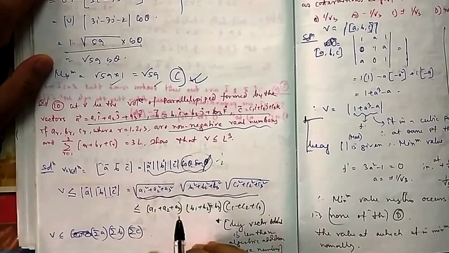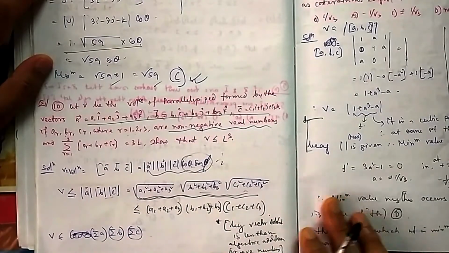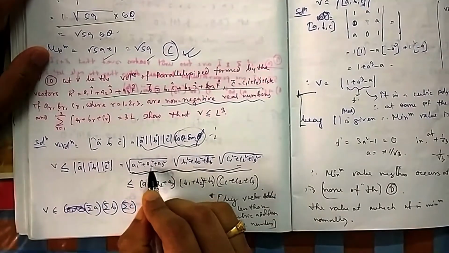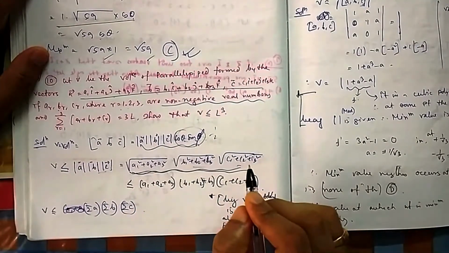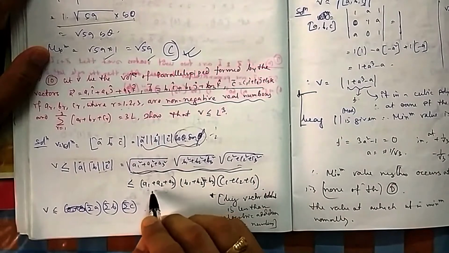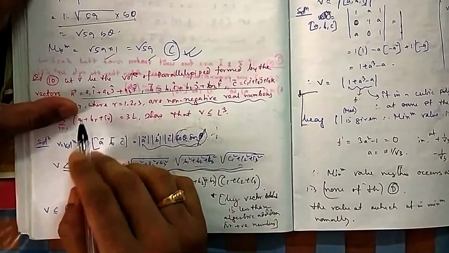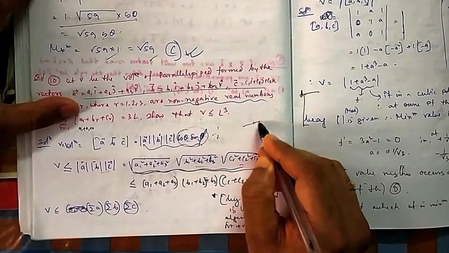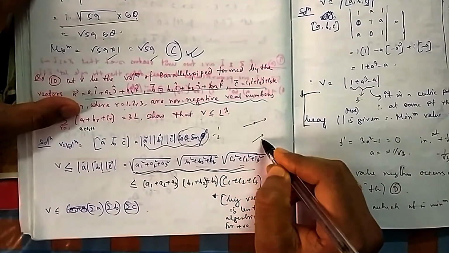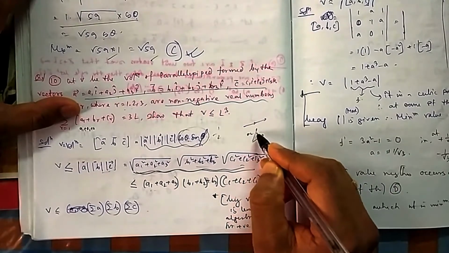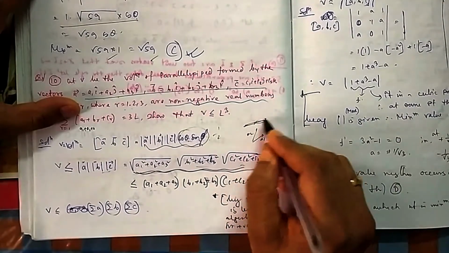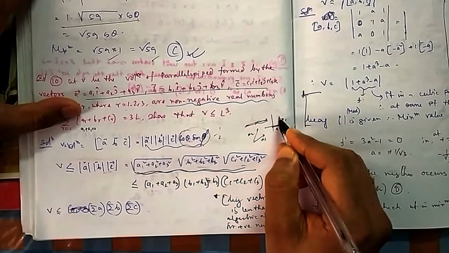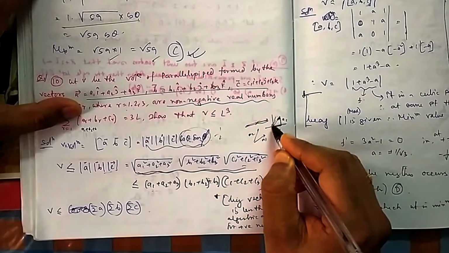And what is this? Magnitude of this is this. Now what is this? This is the vector sum actually. Magnitude of A1 square, A2 square, A3 square, these are the vector sums. And vector sum is always less than your absolute sum, because here it is the absolute sum, A1, A2, A3. You have two vectors, suppose A1 and A2. And if you add them vectorially, suppose this is your A1 vector and this is your A2 vector. Let me take it as A in i and j only. Suppose this is A1 in i, A2 in j. So if you add these two vectors, the magnitude is this much length.